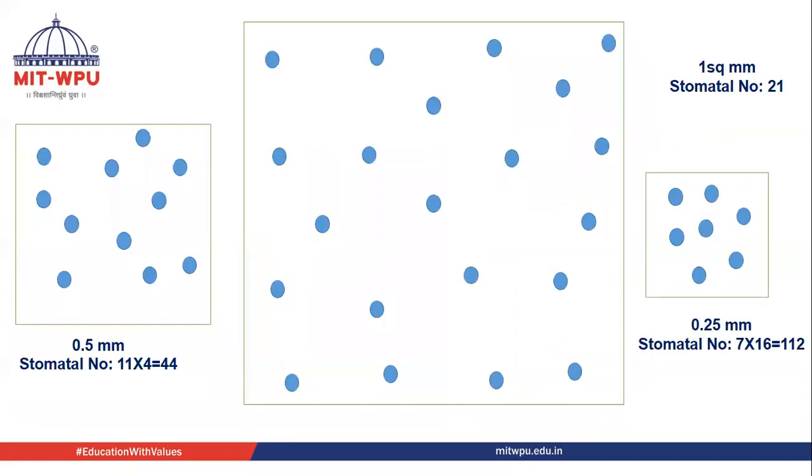So draw it, and similarly I have shown here many examples like this of 1 square mm. So my stomatal number is 21. If I go for 0.5, then here a total of 11 are there, so 44 stomata are showing. And for 0.25, multiplying 16 times, only 7 stomata are there, so 112 stomata. So if you are committing a mistake, it goes from 21 to 44 to 112, right? So be careful. I didn't take the 1 square mm or 0.5.